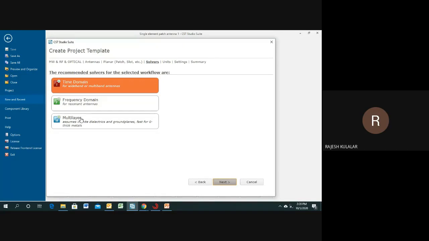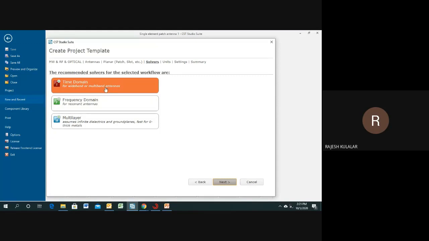So for the FDTD, we break the big cell down into small cells, and using the FIT we can calculate the E field and H field in that case. So for the time domain, the time domain solver is used for the wideband application and for the multiband application. Why is this one useful for the wideband multiband application?